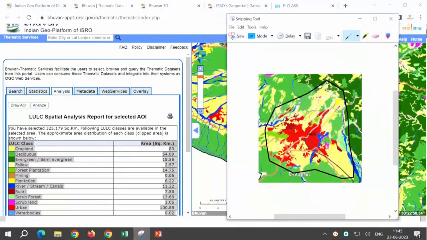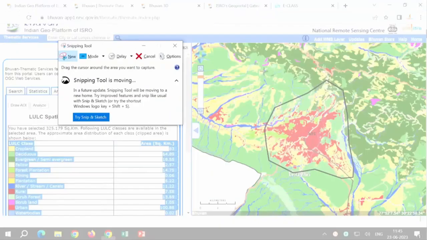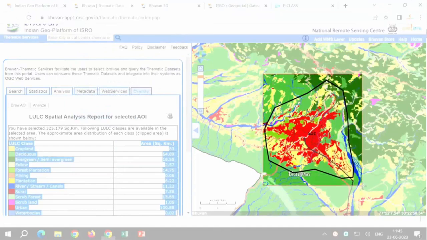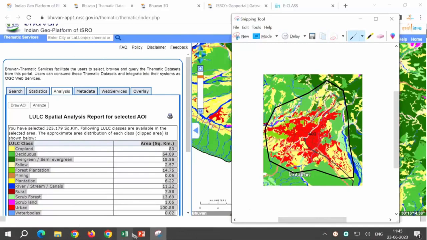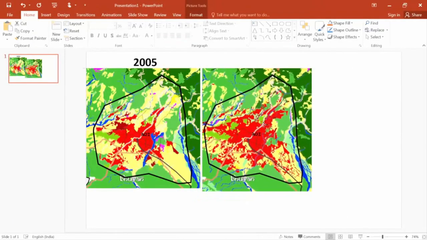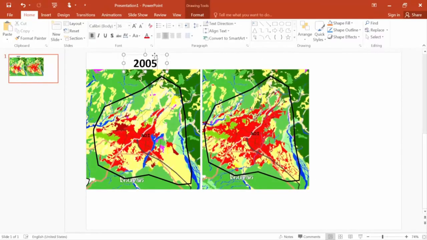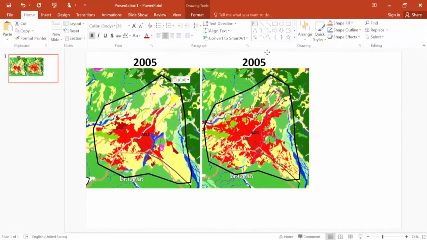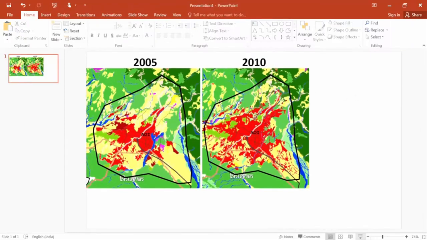Again, now let us capture this particular area here. Take the new direction also, because we are interested. Copy it here, copy, and then I will again go to this PowerPoint here, Control V. If you see here, it will tell us the direction of the change. Okay, this was 2005, and then this was 2010. And similarly, we can have it for 2015 as well.